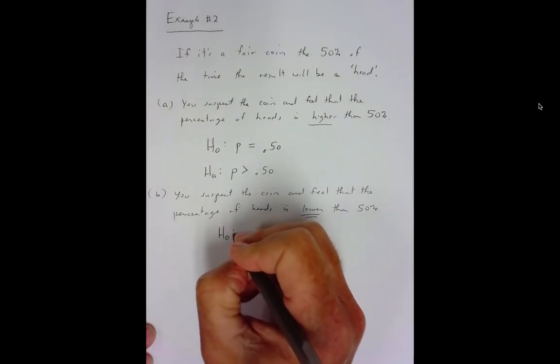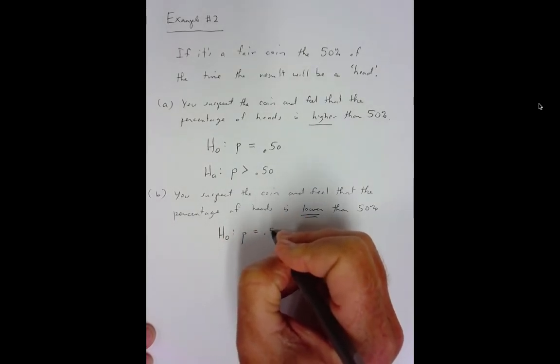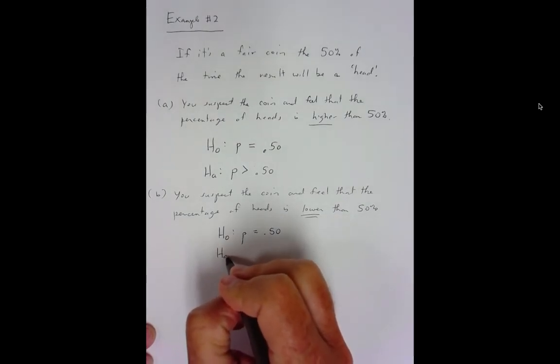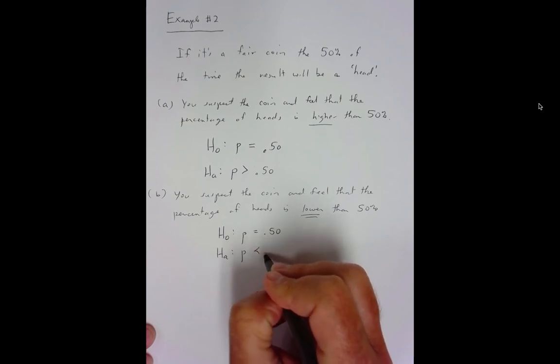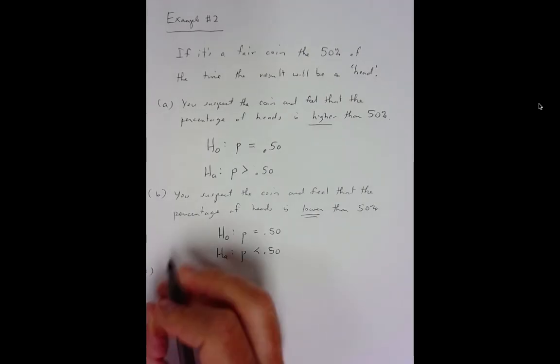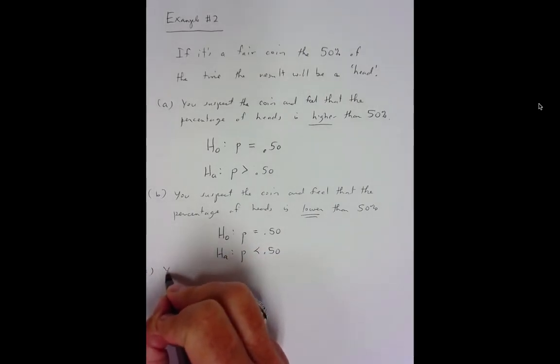H sub O is the status quo, if everything's fair. H sub A is what you'd like to test, is less than 50%. Part C,